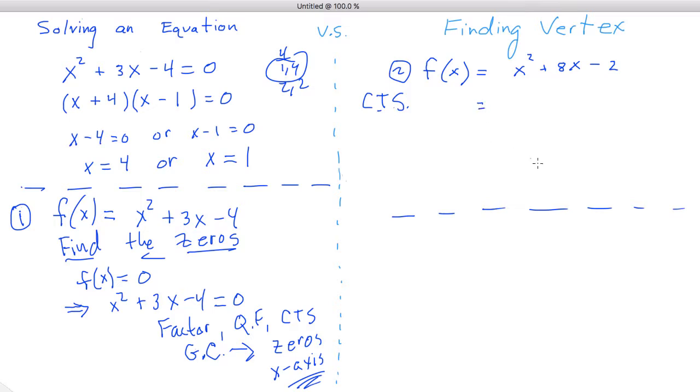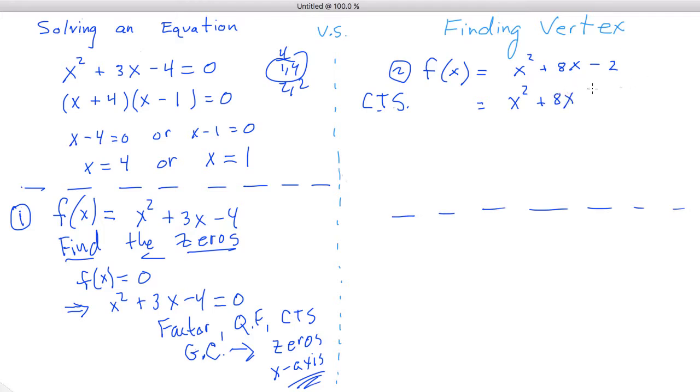Now this is not an equation to solve. We're not solving this. We're not setting it equal to 0, because that means you're solving an equation or finding the zeros of a function. We're not setting this equal to 0. That does not give you a way to find a vertex at all. All right, so to complete the square on this one, to actually find a vertex,